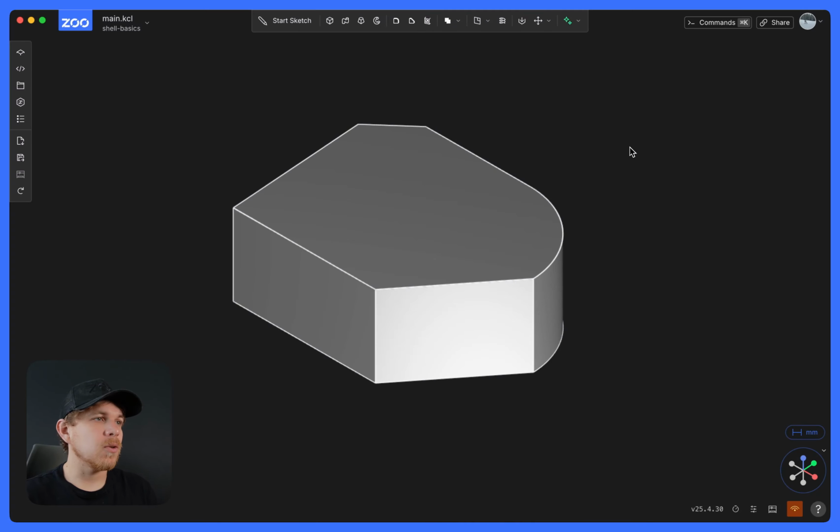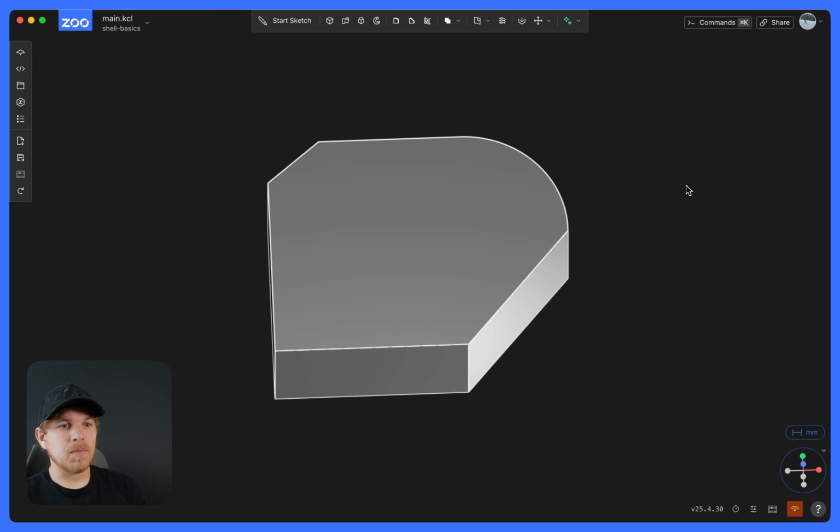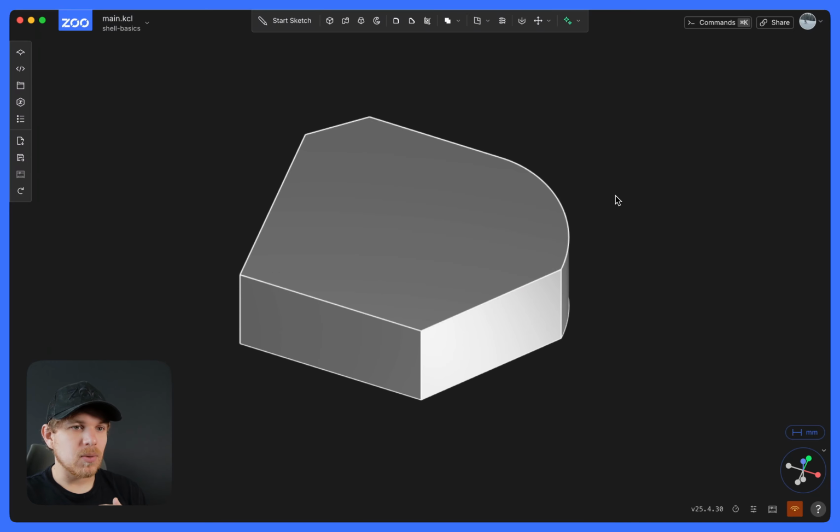In this video, I'm going to show you how to do a shell in Zoo Design Studio. Shell takes out all of the inner geometry except the faces surrounding it. So if I were to click, for example, this top face, it's going to create essentially like a boat, if you will, where it's going to leave all of these edges and assign a thickness, which